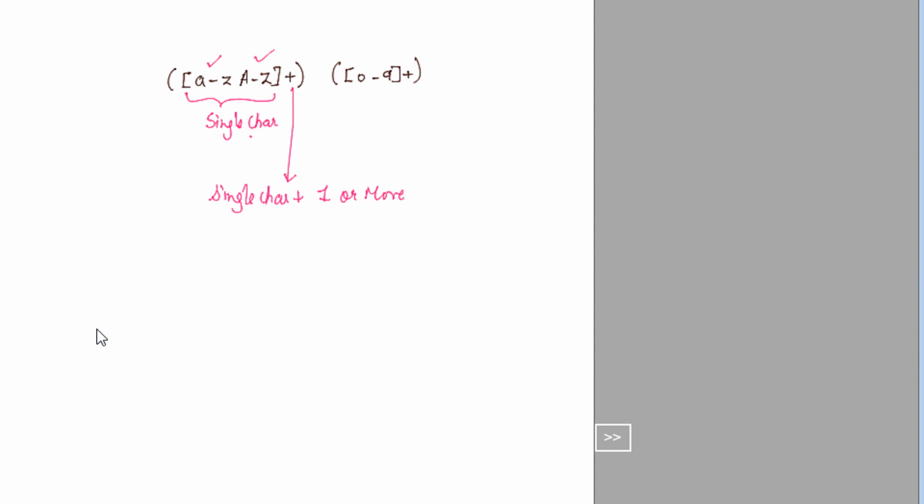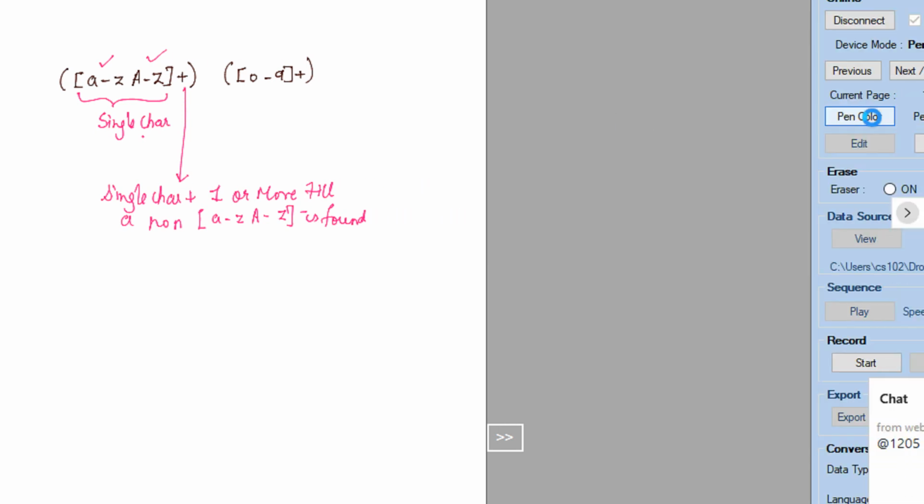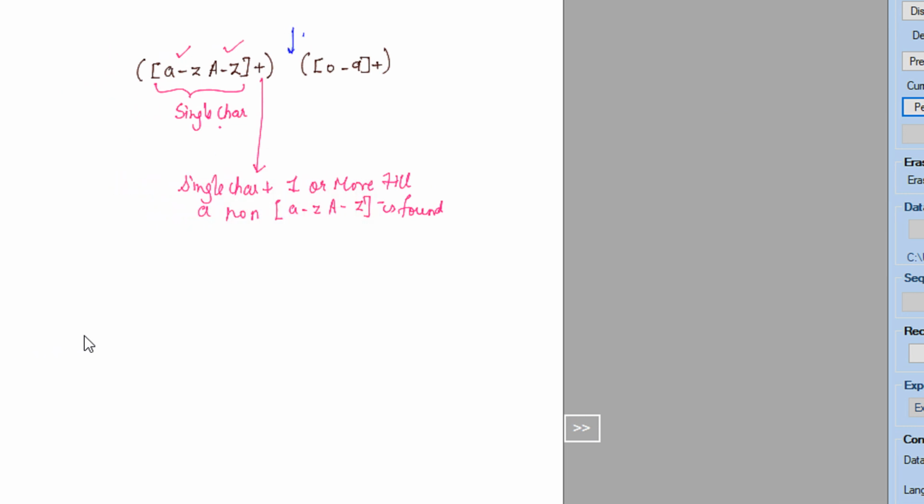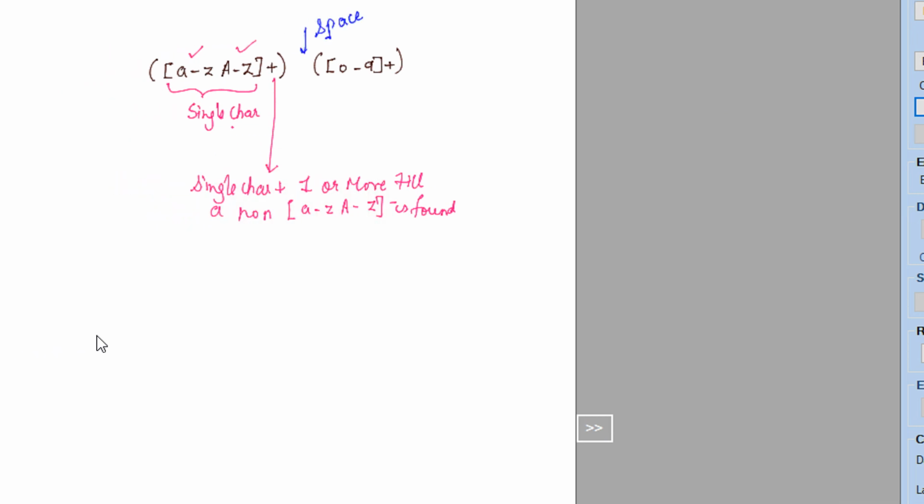So it is one or more till a non A to Z is found, right? So it can be any word which is followed by a space or a special symbol or a number, right? Then second is the space. This is the space, right? So we are matching the space, and this again is a number,